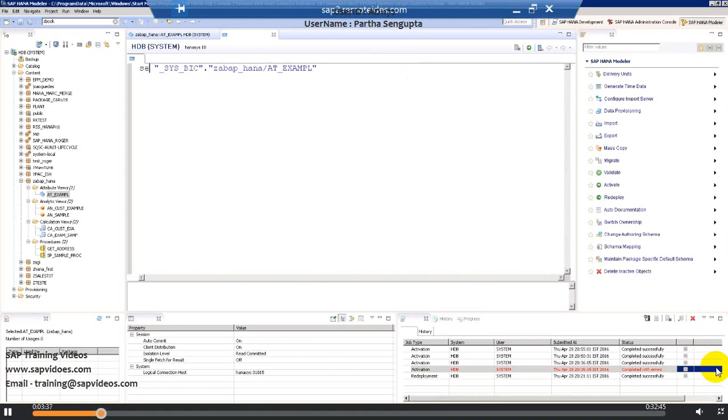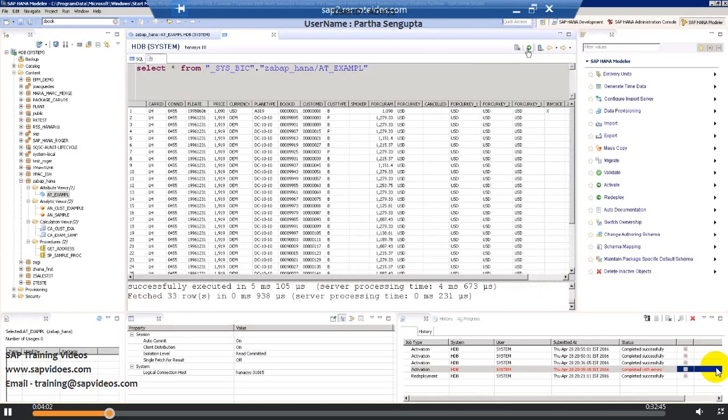You can use select star from the attribute view and click on execute. I didn't use from, so I'm using from now. I'm executing now. So you can see the fully qualified name here for this attribute view. Select star from sysbic, where sysbic is the schema name,